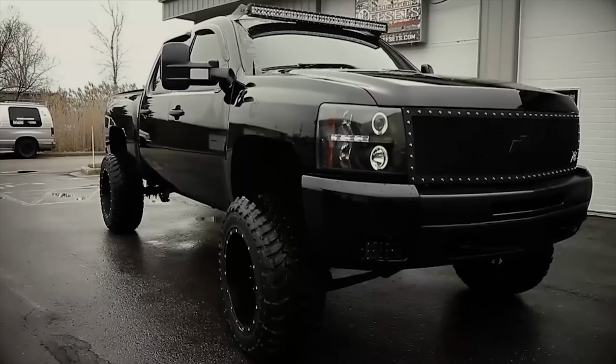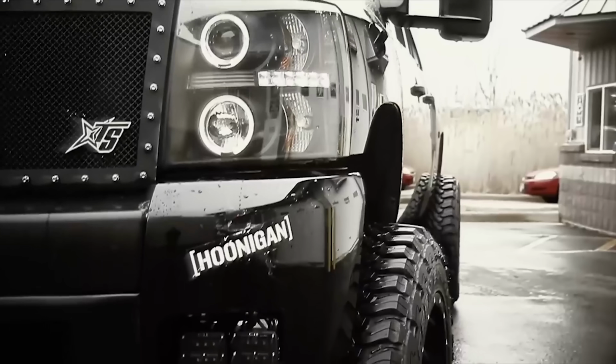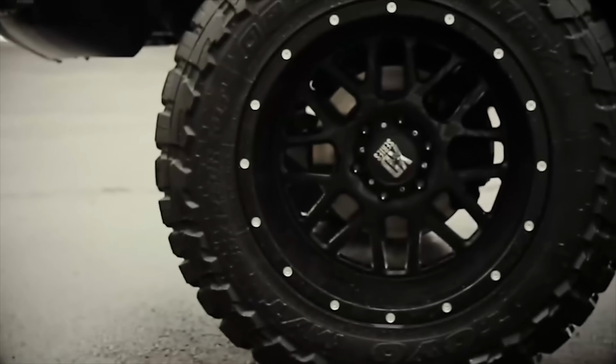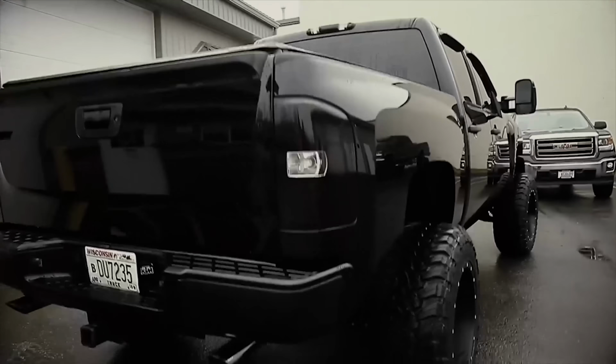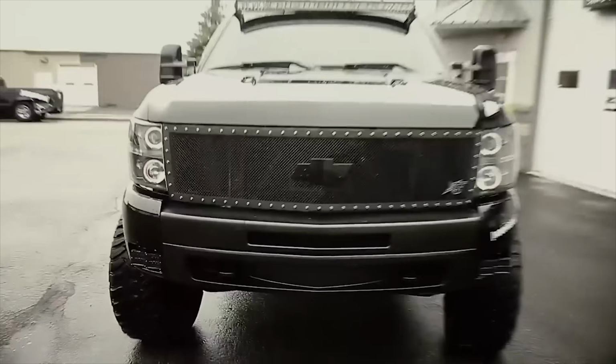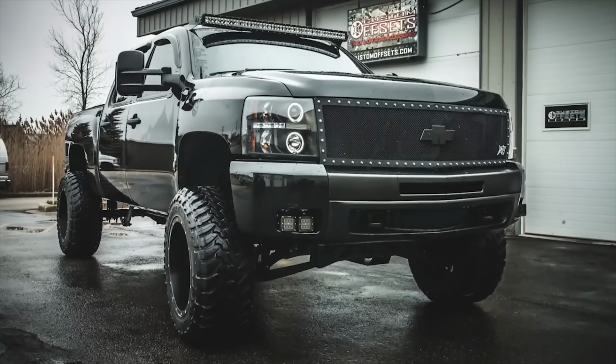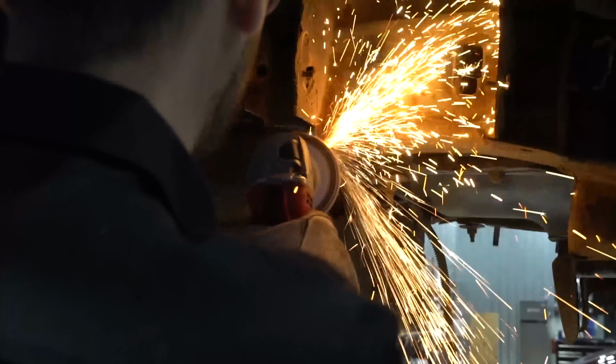I've had mine on for 2 years, and whatever they're using for a coating works, because this thing has seen Wisconsin winters and I abused the shit out of it, and it's holding up amazing. If I hose this thing off, it actually looks like it's a brand new lift kit underneath there. Even here in the shop, I see